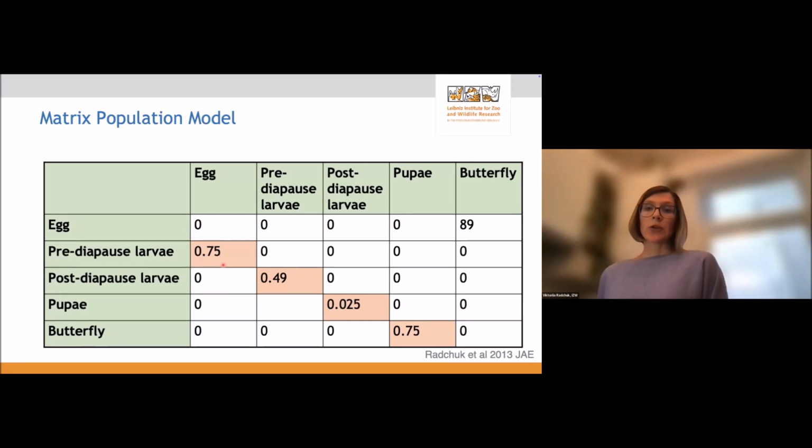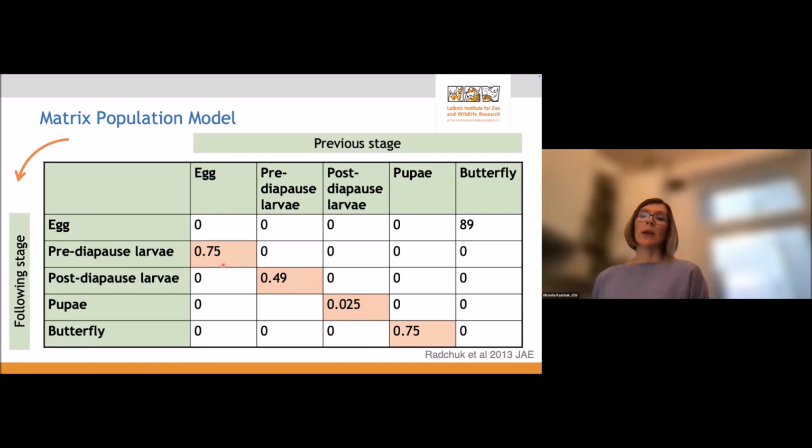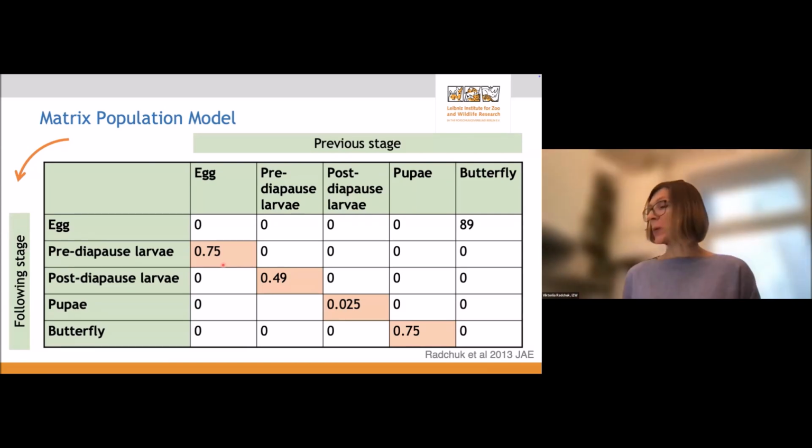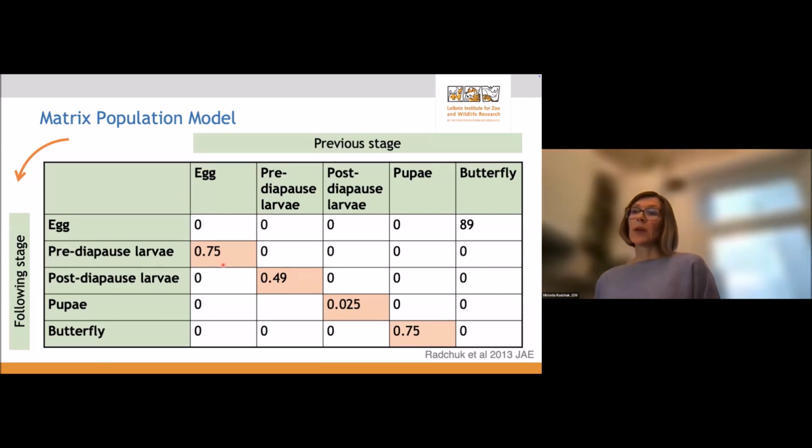A matrix population model shows the probability of transition from the stage in the column to the stage that is shown in the row. And for some reason, I see that my pointer is frozen, but I hope you see the idea. So the 0.75 value here shows the proportion of eggs that turn into pre-diapause larvae. And then 89 in the first row in the last column shows that the per capita fecundity of butterflies is 89 eggs. We constructed such different matrices for different temperature conditions, and that allowed us to assess the long-term asymptotic population